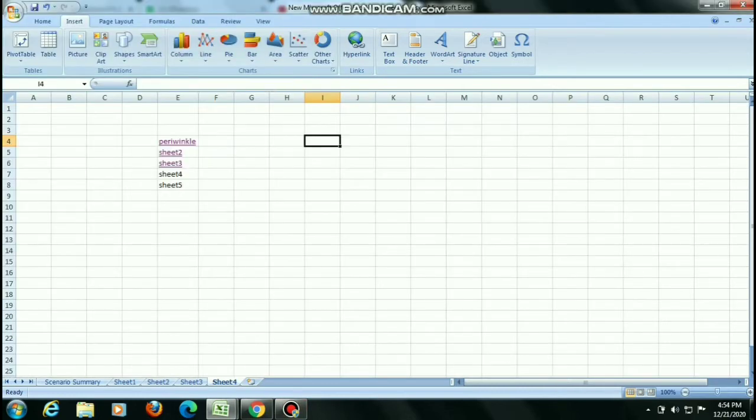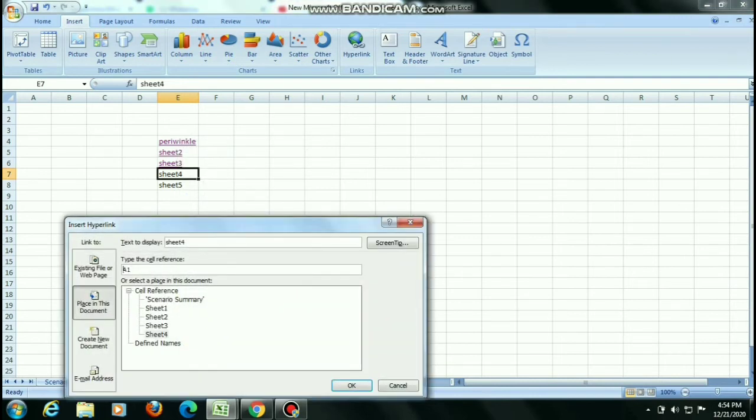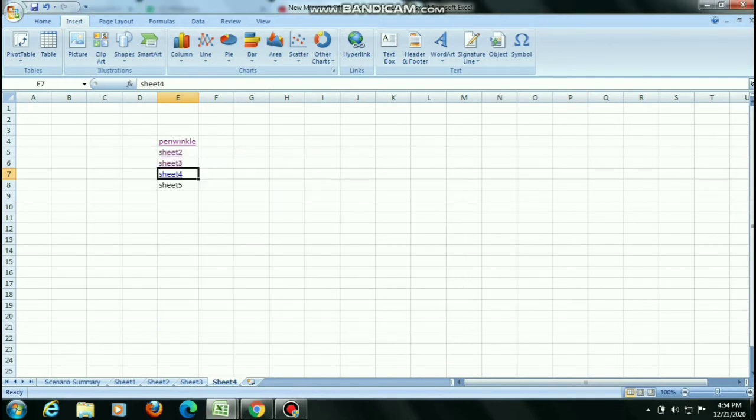Now children, our next task is how we can create a hyperlink to a new workbook. Children, a workbook is a collection of worksheets. So right now we have learned how we can create links to the worksheets in the same workbook. For this, right click on the particular sheet name, and here you will check Insert Hyperlink, then Place in This Document. Here you will give any name, and now you will select the sheet and then click OK. When you click OK, you will check that the hyperlink is here, and when you click on this link, you will move to that particular sheet.